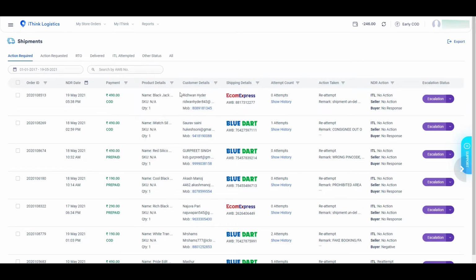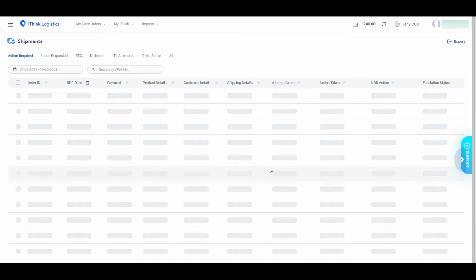Likewise, the seller can look up customer details such as name, email address, and mobile number. The shipping details can also help the seller identify an order by selecting the logistics that were used when the order was shipped. You can select multiple logistics, and when you are ready, you just have to click apply to access all the orders that use the selected logistics. You can also click reset to deselect the logistics and start over.